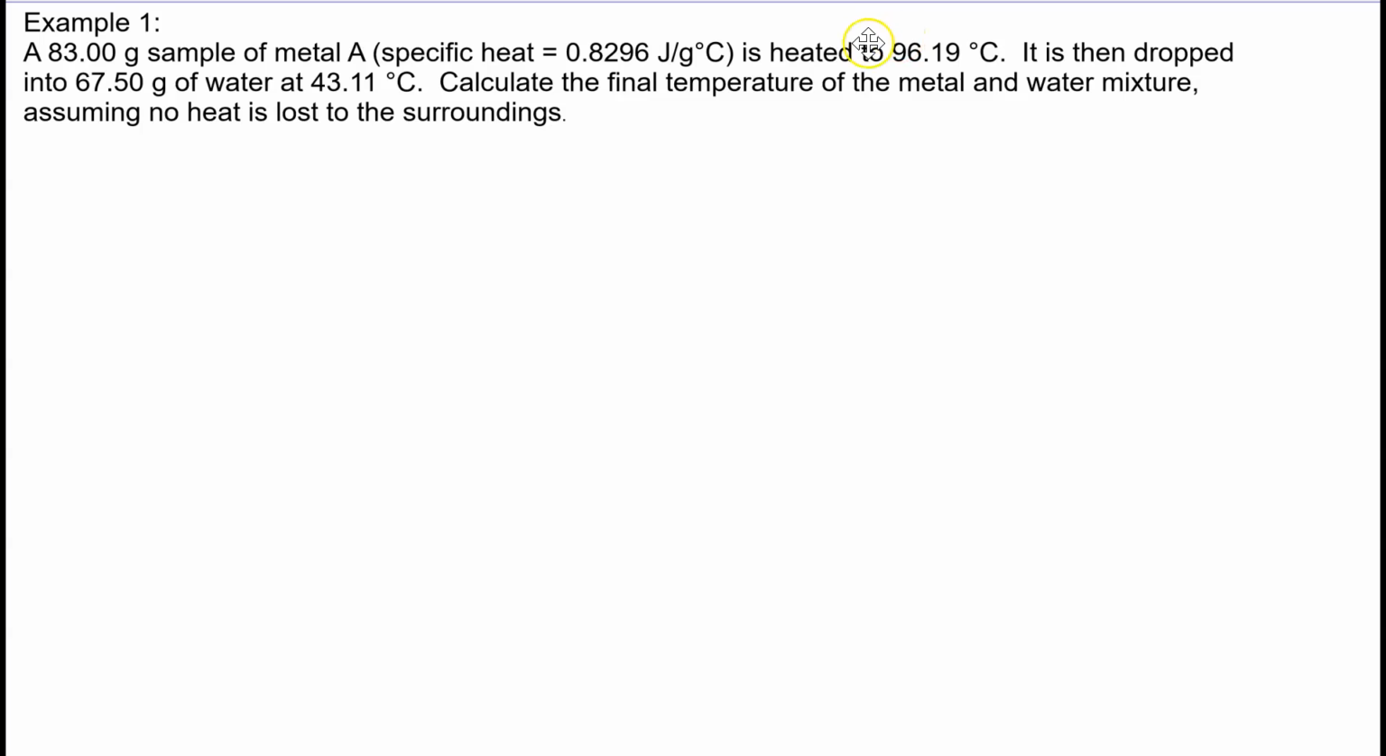and then we drop that warm, hot, however you want to look at it, metal into a coffee cup calorimeter or some kind of calorimeter. And that water starts at 43.11. So the way this problem reads, this metal starts at 96.19 degrees Celsius. Perhaps that was heated up on top of a stove, or however the source might